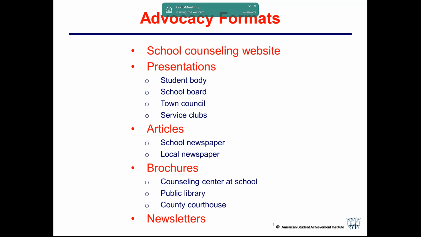But when we advocate for school counselors, it sounds really self-serving, whereas when we're advocating for programs, it's for the kids, and it's heard in such a different way. And then we can slip in, of course, to have this kind of program, we need to have smaller ratios and clerical support, or whatever it is that's needed.